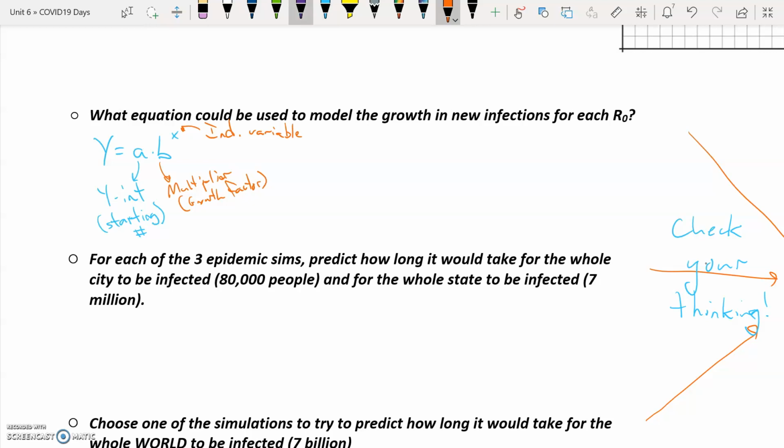So for each of these, they each have a different multiplier. So the first one, where you're doing 2 times 2 times 2 times 2, it's 1 times 2 to the power of x. Second one, it's 1 times 3 to the power of x. The third one, it's 1 times 5 to the power of x. Where x is the number of infection rounds. 1 is the number of infected people at the beginning. And